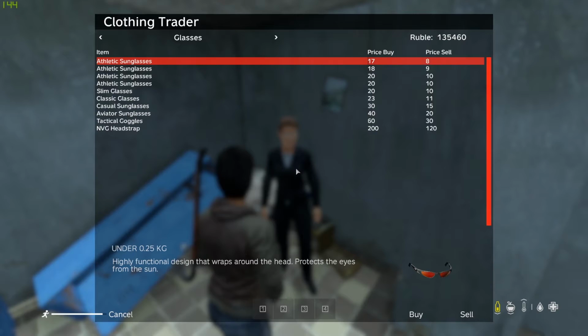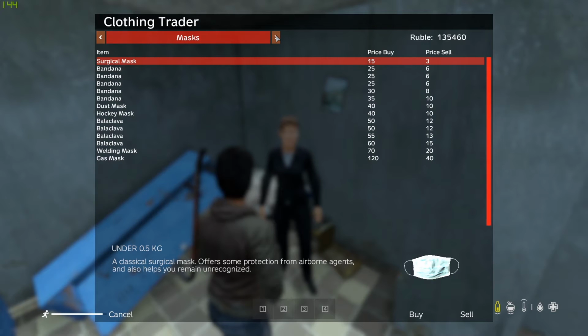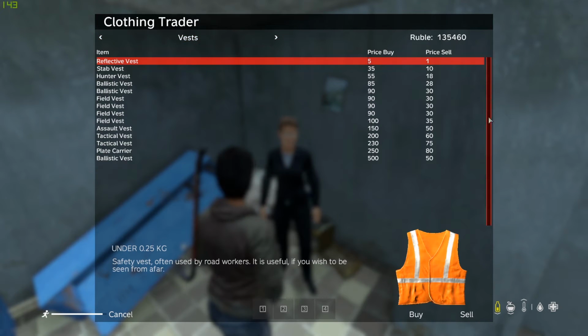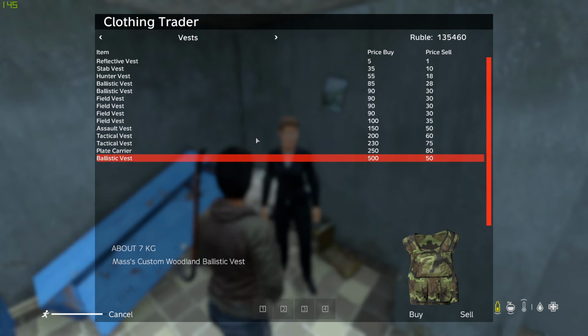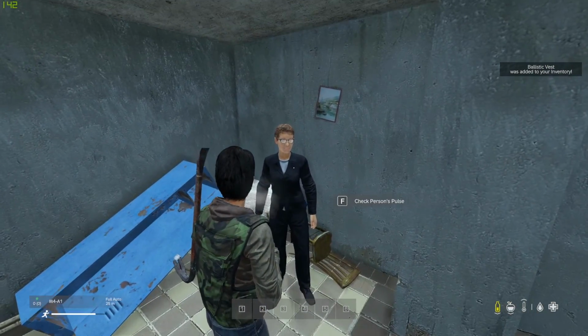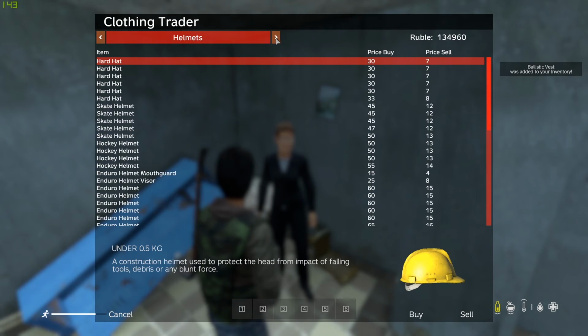So we're going to go up to the clothing trader, and the first thing on my list is the vest. So we'll go to vests. And we can see here, we have, let's see here. Yep, the ballistic vest, this one right here, it's the masses one. I have some money on me, so I can go ahead and buy that. There we go. Everything's looking good there. We can check a few other things,